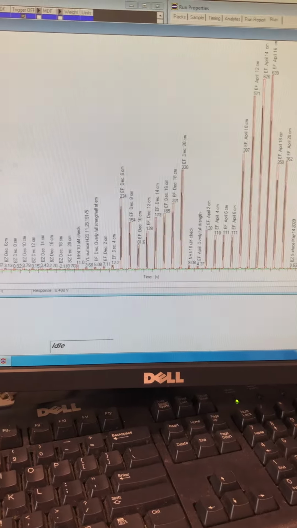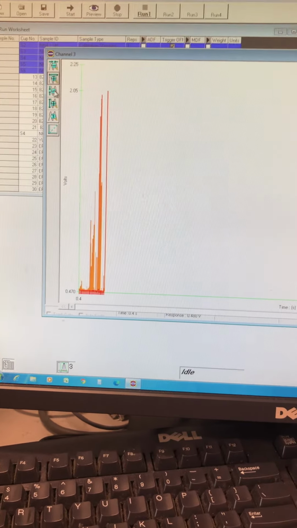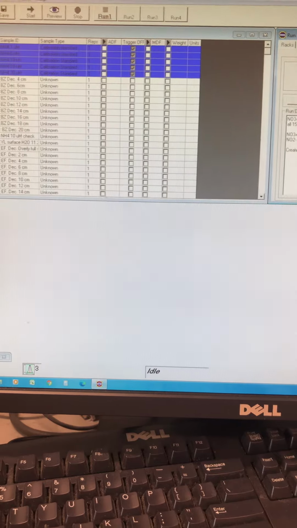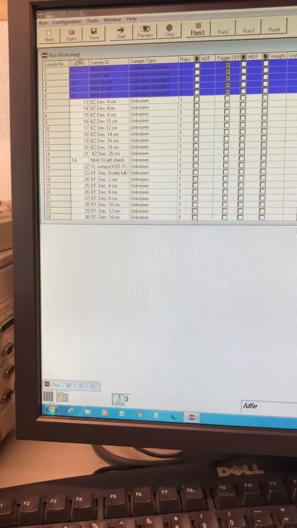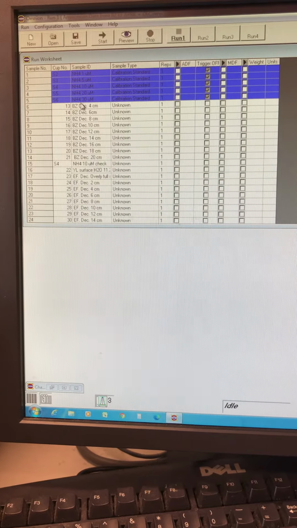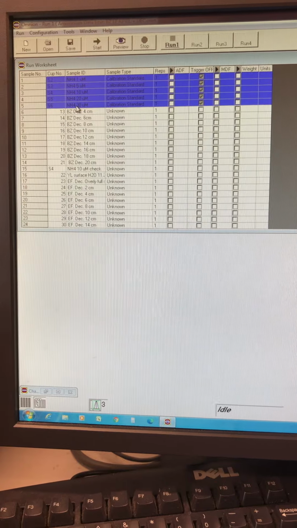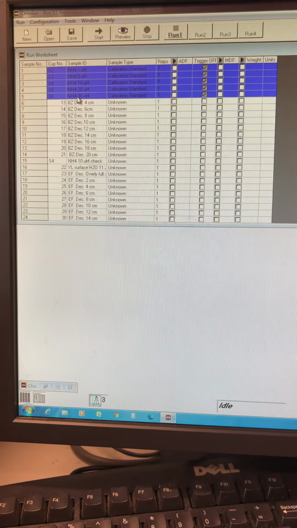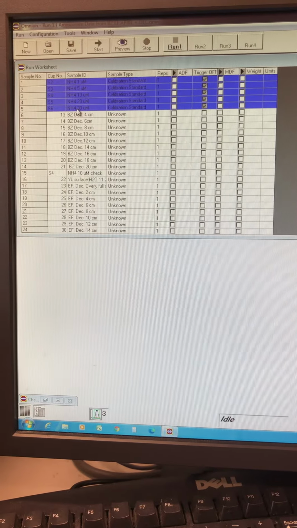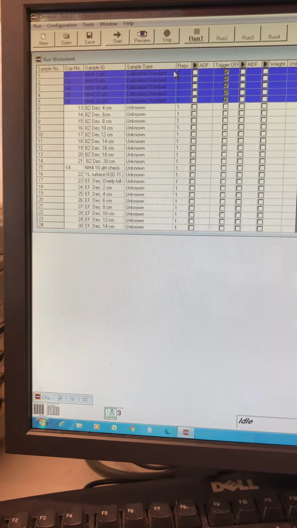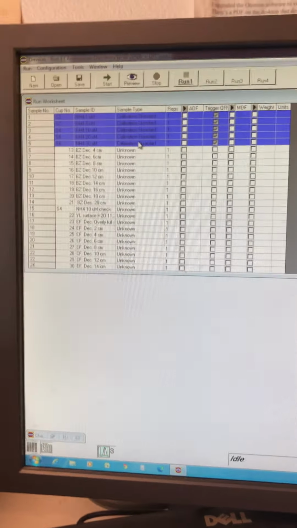Right now, these features would allow us to zoom in and out on the data. Right now we're just going to minimize channel 3 because it's not really what we're here for. What we're here for is to view how you can set a calibration standard, because then the instrument will automatically produce a curve for you. This could also be done by simply collecting the peak areas that are output from each standard, and then you could plot those yourselves in Excel. This may be the simpler way to do it.